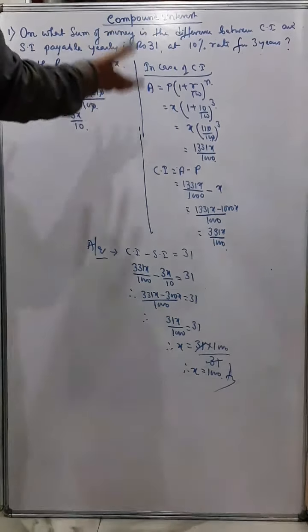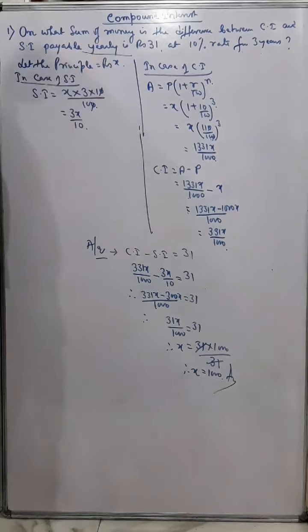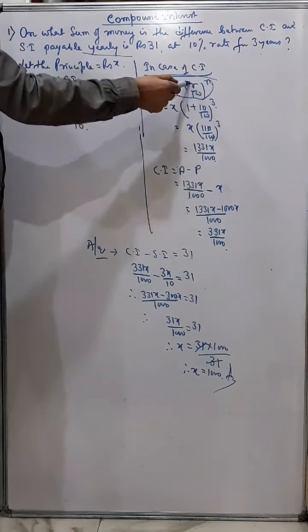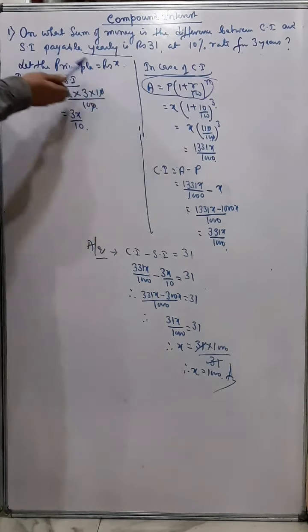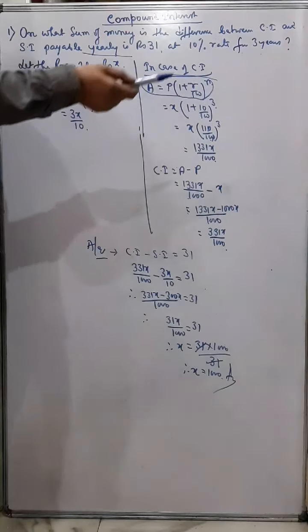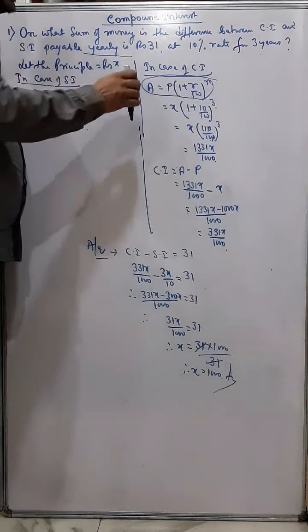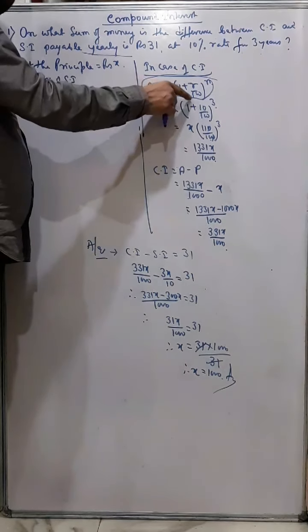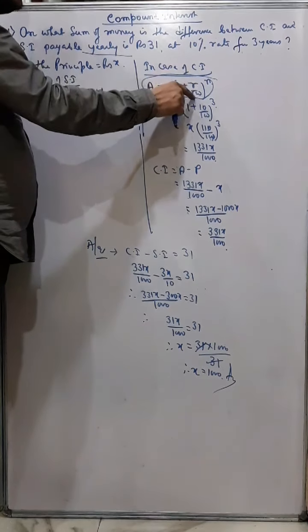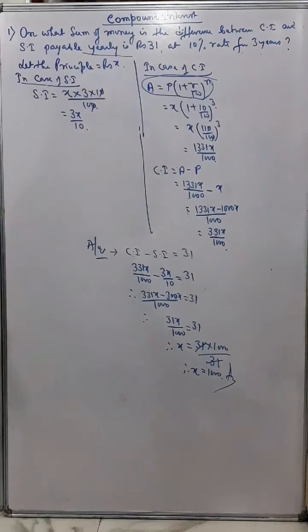Now the same sum sometimes may come with half yearly instead of yearly. So the only difference is that in this formula there will be a change, but the method will be same. Now SI, there is no such half yearly, so SI will be yearly, but there is a sum in which instead of yearly they told compound interest payable half yearly. So in that case you use the half yearly formula: A is equal to P into 1 plus R by 200 to the power 2n, and then do the same method in that sum.